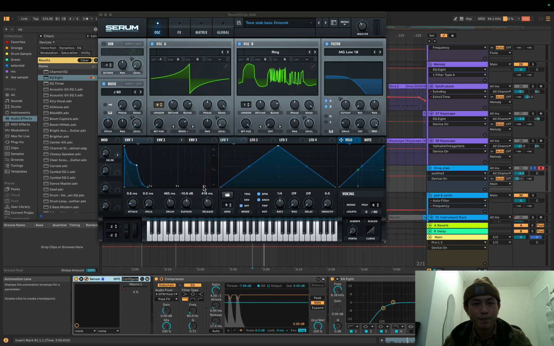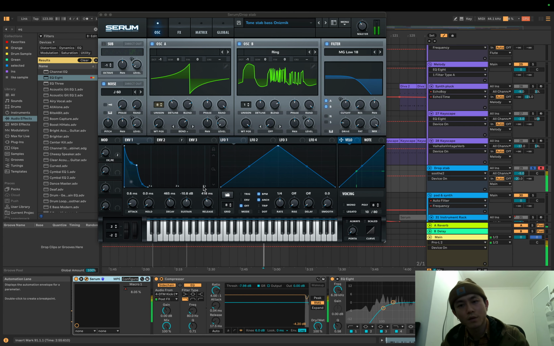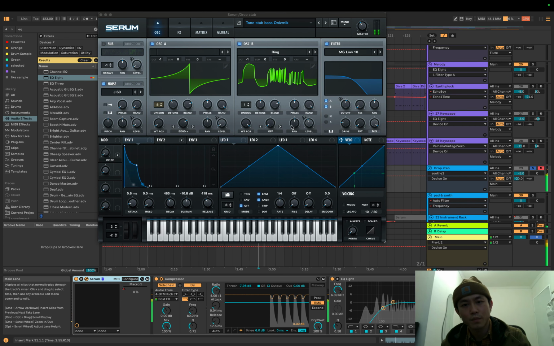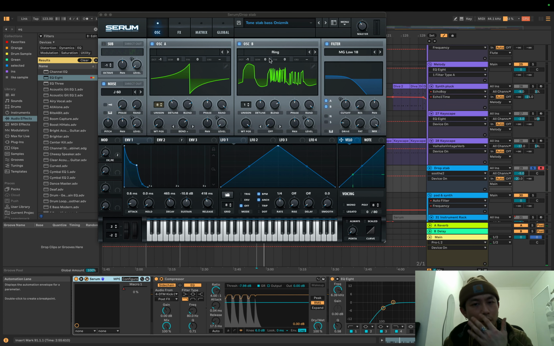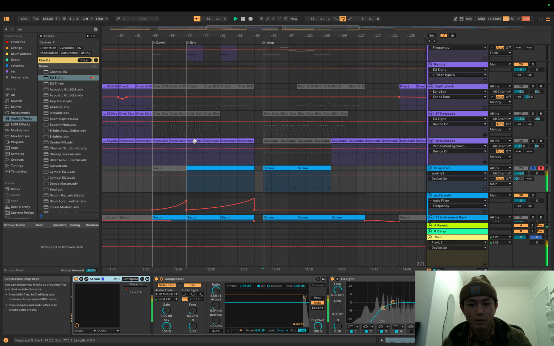So I made the step bass sound using an envelope, like a moving cutoff, like that. And also an envelope of the level of both oscillators, moving by the envelope. And also I made a macro of the decay and the release, so it sounds like